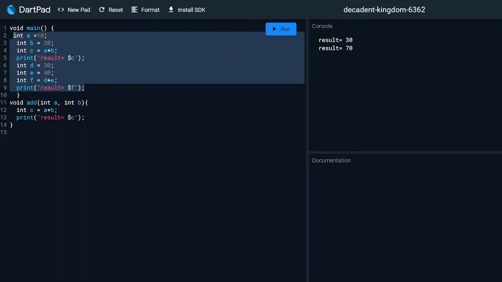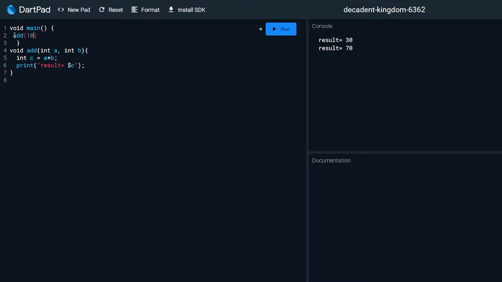That is, we can call our add function, add, then we can pass two numbers, 10, 20. Then when we run our code, we can see the same output, that is result equal to 30.